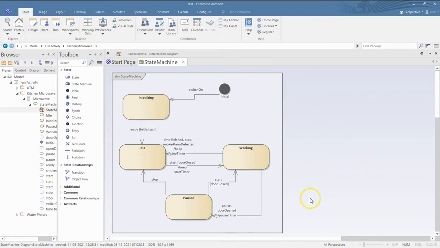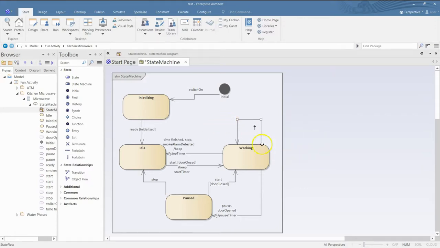Now, later on, I realized something: when I am using my microwave, once I've pressed the start button and while it is running, the timer keeps going down. And if while it is counting down, I press the start button again, the timer actually increments, right? So how do we show that? We will show this by doing something like this. Now let's bring it away from already existing transitions.